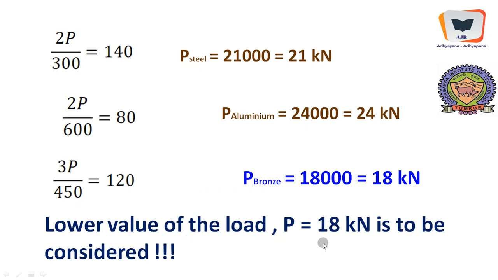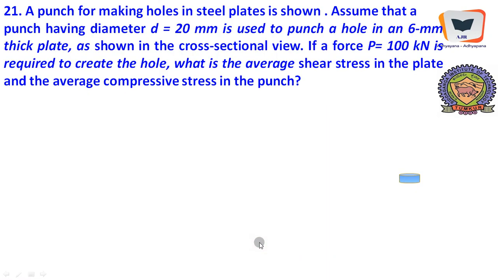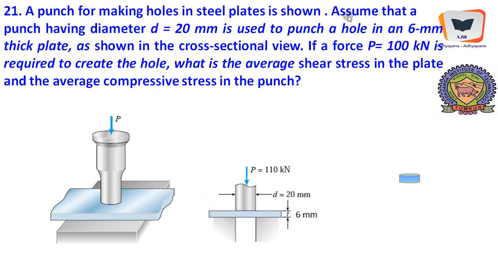Lower value of the load, that is P equal to 18 kilonewton, is to be considered. A punch. This is an interesting problem. A punch for making holes in the steel plates is shown. Assume that the punch having a diameter d equal to, this is the punch, and here it should be applied